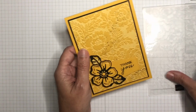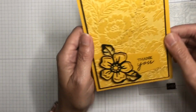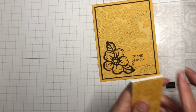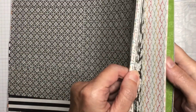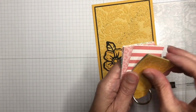The next one, and the reason why I really just had to have this versus any other folder, is that it coordinates perfectly with some of our designer series paper. This is our Pattern Party Designer Series paper. See, I forgot to bring it in here. This is a huge paper stack that has 12 different designs. I have cute little tags here to show you. These are all the different